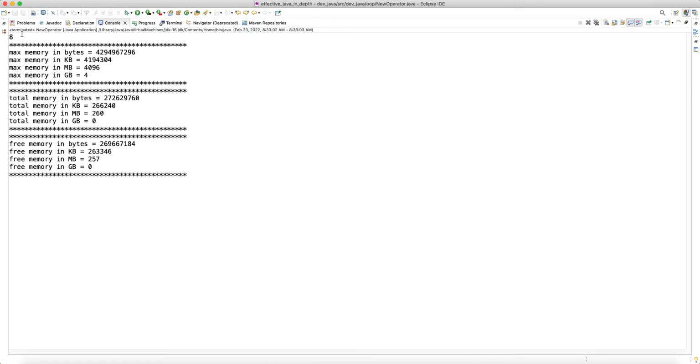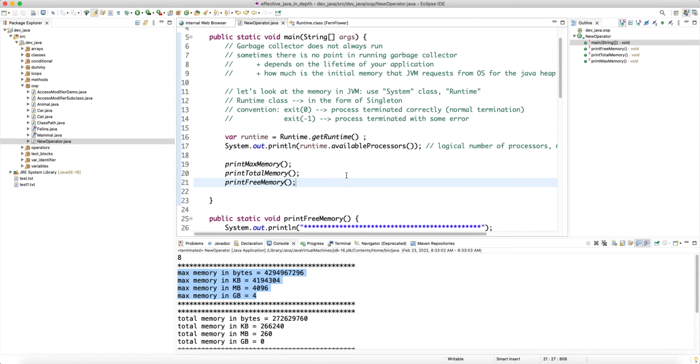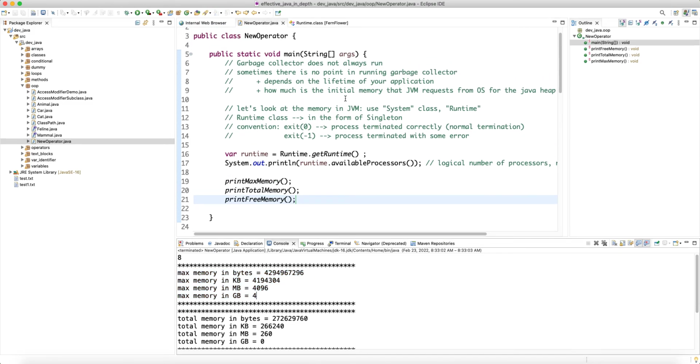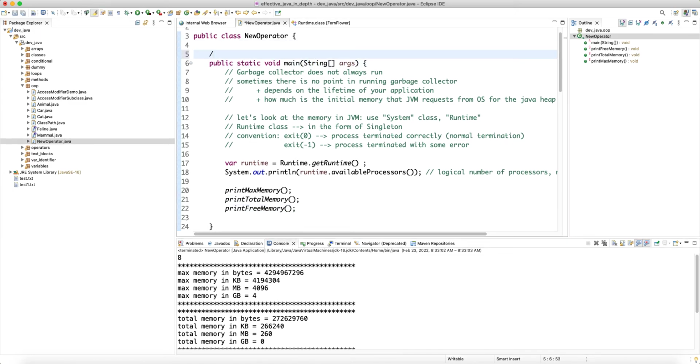and let's look at the results. So we have 8 processors. Max memory is 4 gigabyte, right? Max memory in gigabyte is 4. This is how the JVM is currently configured. It can only request up to basically 4 gigabyte. And the reason is that, if you recall my description in the past lecture, we said that by default JVM